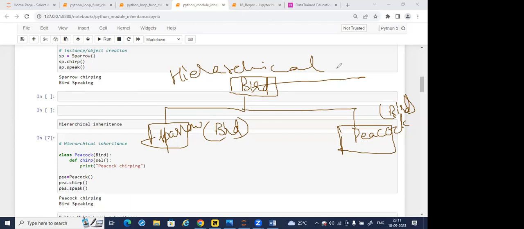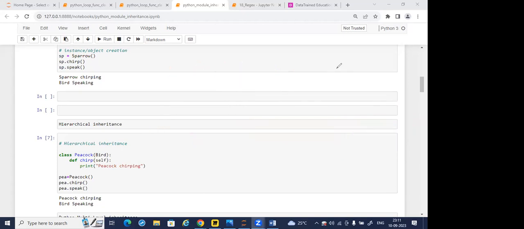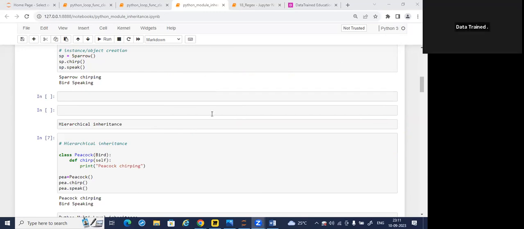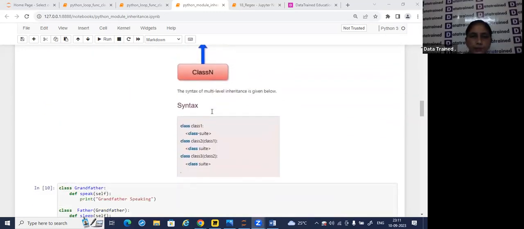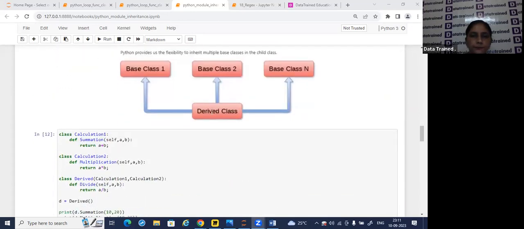Up to here, everything is clear, students? Are you getting how the inheritances are working? Okay. Now you see here,